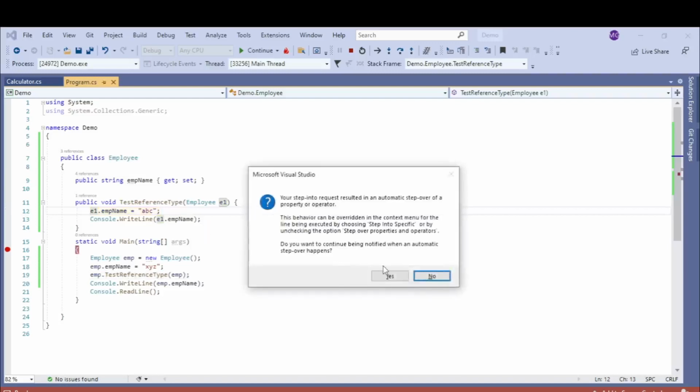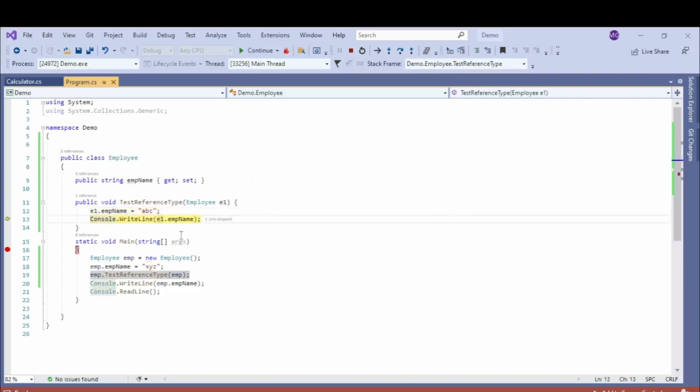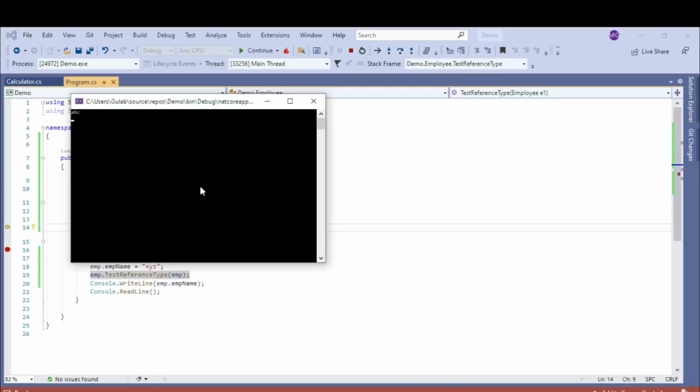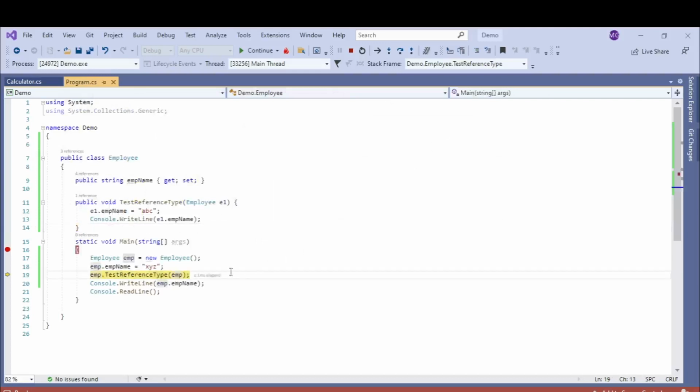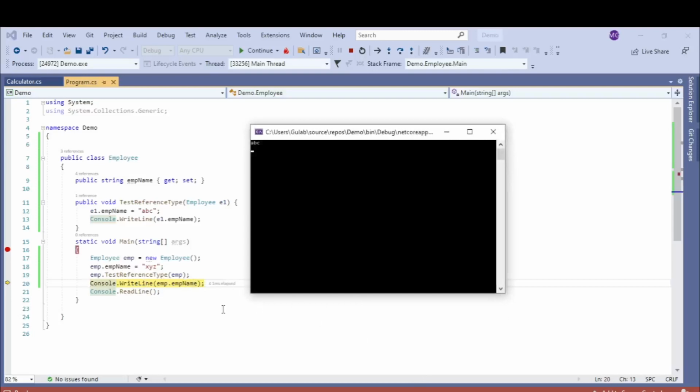Going ahead, the Console.WriteLine will print abc because I have assigned the value abc here. Now let's see for this Console.WriteLine whether it is abc or xyz. Again it is printing abc, instead of xyz.